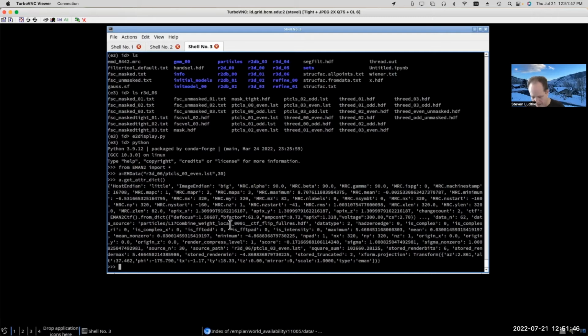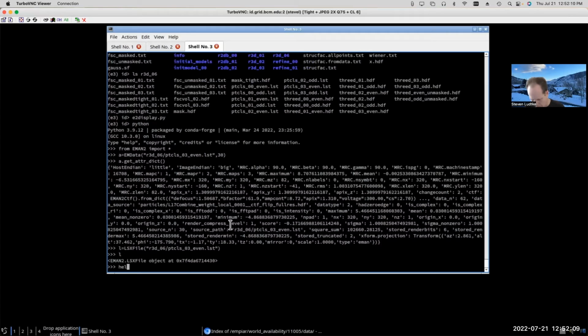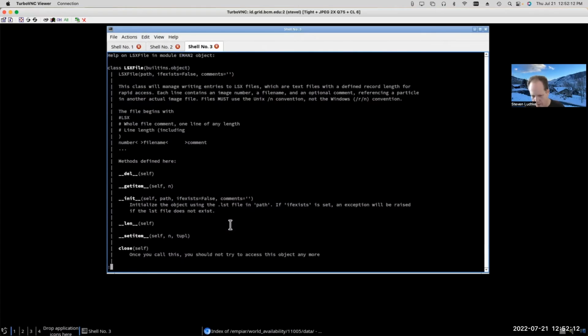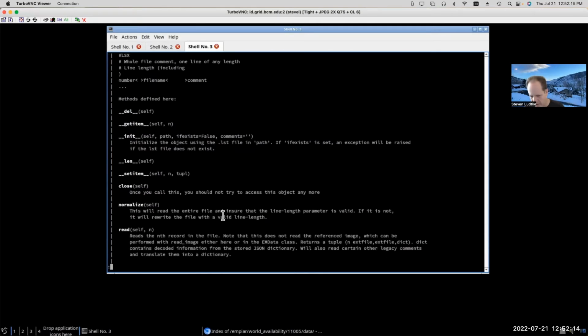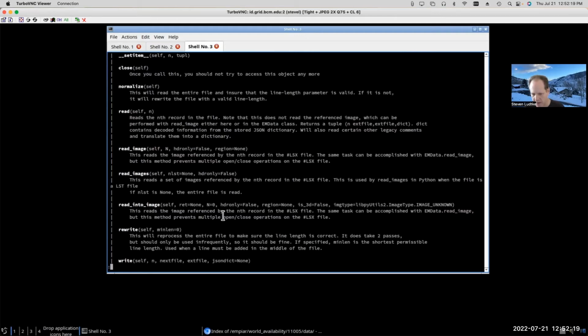So there's a class called LSX file. We'll call this LSX file, R3D06 particles 03 even.lst. And this will create an instance of a class, which will allow us to access the contents of the LST file itself, to manipulate the LST file.